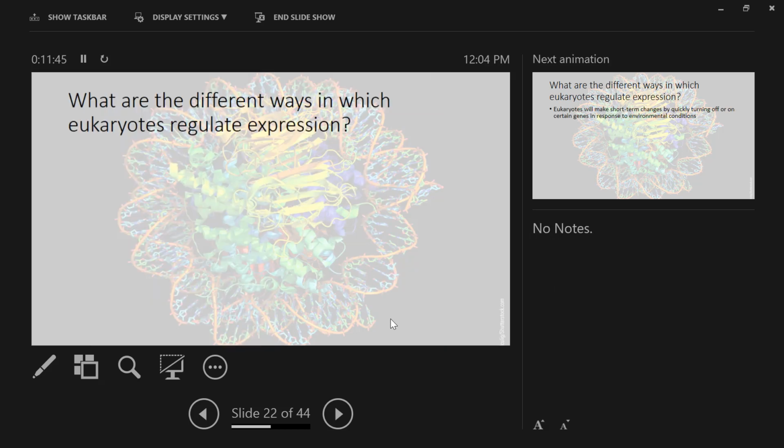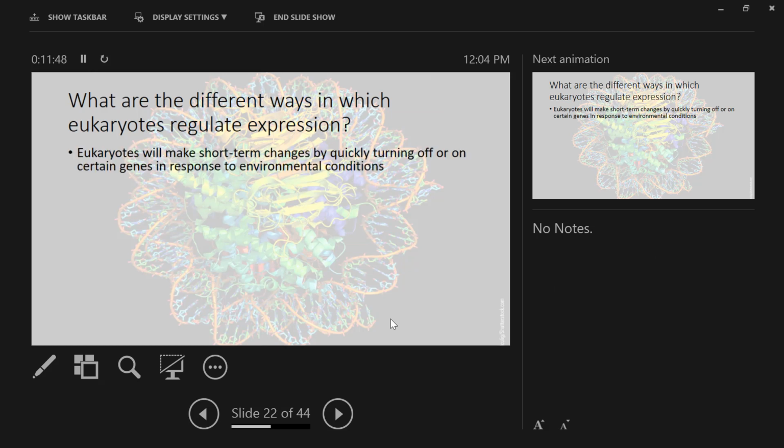All right. So to sum this up, eukaryotes can make short-term changes by turning genes on and off in response to signals and environmental conditions. Multicellular eukaryotes tend to make long-term changes as cells differentiate, right? Nerve cells are going to express different genes than liver cells, which are going to express different genes than skin cells. And so some of those are long-term, relatively permanent changes in gene expression, although they can be overwhelmed by exposing those cells to the environment of the